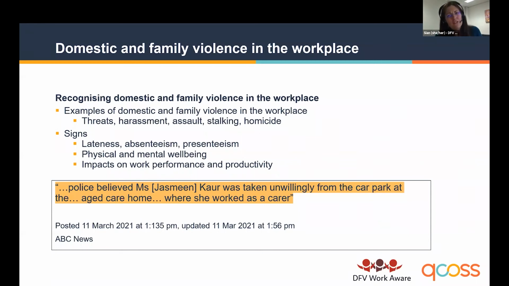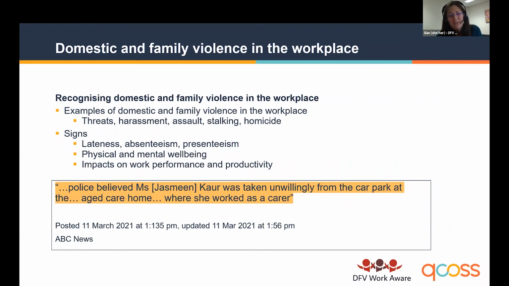They may invite others to collude with their beliefs. So they might invite colleagues to share in derogatory jokes, or they might share explicit photos for a bit of a laugh. They might be putting people down, like an elderly parent. You know, all of those things might be indicators that there's something going on. And then the clearest one, but the most unlikely one, unfortunately, is they may actually disclose that they are using violence or that there is a domestic violence order in place. And that's the clearest indicator that something's going on.